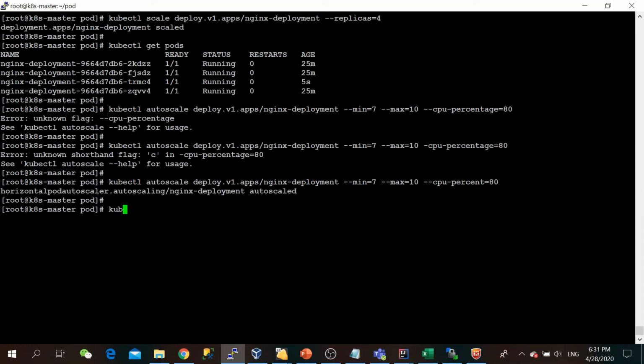Okay, now let's see what exactly this command does. This command automatically autoscales. The minimum is 7 pods and the maximum is 10.